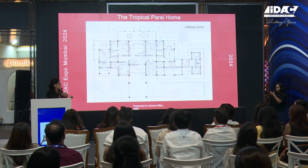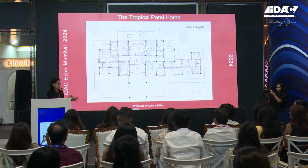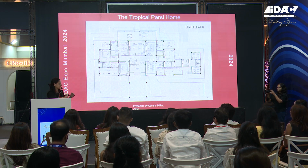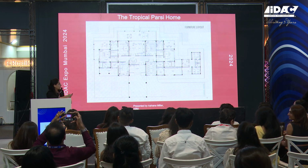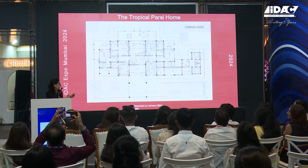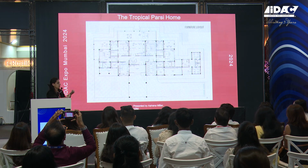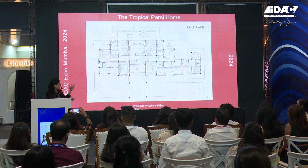So for the interiors, taking on Revit was really easy because all the furniture was bought out. There was no paneling. Everything was based on just Bharat tiles, different paint colors, different textures, different fabrics. So because we started this before the second lockdown, I had a very short period to just go to a couple of my vendors, find out where you get antique furniture in Mumbai, sourced everything, and then as lockdown hit,